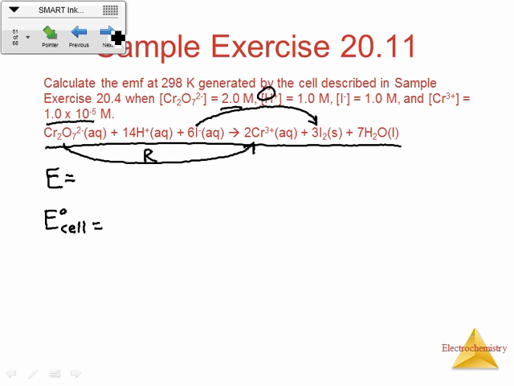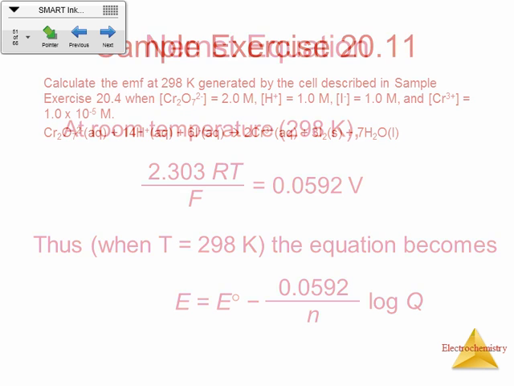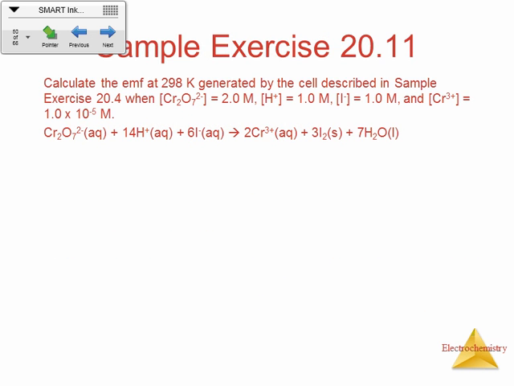And we can see that there it is. The Cr2O7 2-, the reduction potential is plus 1.33. That's our cathode, minus our anode, which is the iodine, and that's going to be 0.54. Okay, when we figure that out, it gives us 0.79 volts. So that's our E0, okay? And then that is minus 0.0592